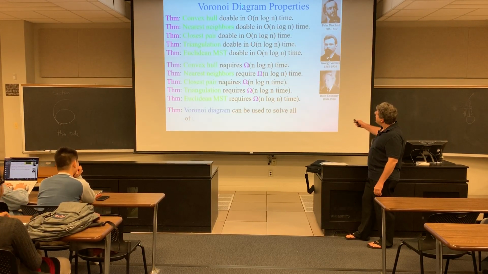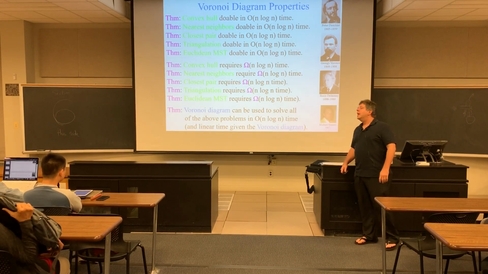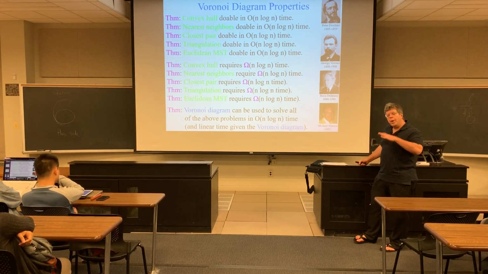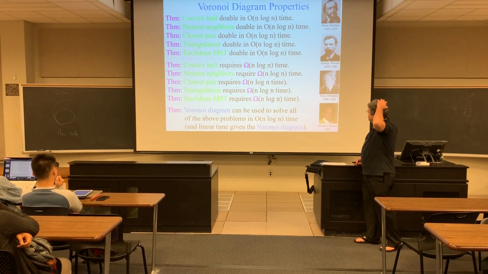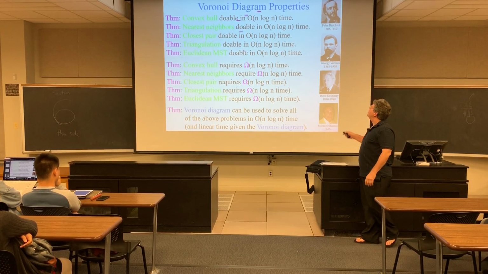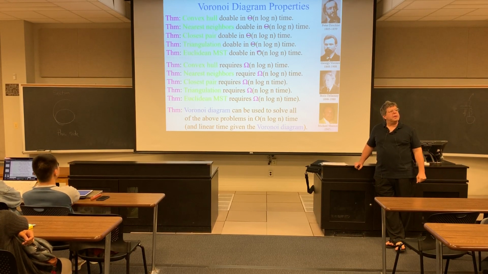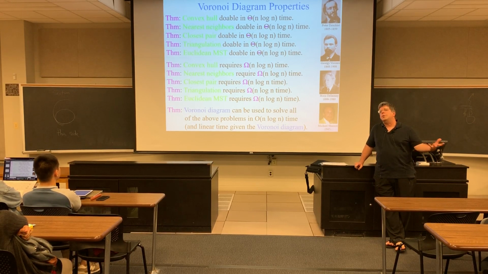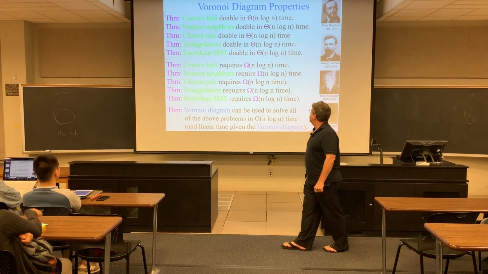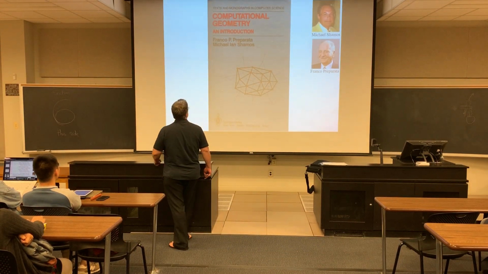And so we said there's a lot of problems, all of which require an n log n lower bound, and they're all doable in n log n upper bound once you have the Voronoi diagram. So then the question is, how do you solve all these problems in optimal time? And the short answer is by obtaining the Voronoi diagram first. And so the question now reduces to how do you get the Voronoi diagram, and how do you do it quickly? So we'll start with kind of a simpler